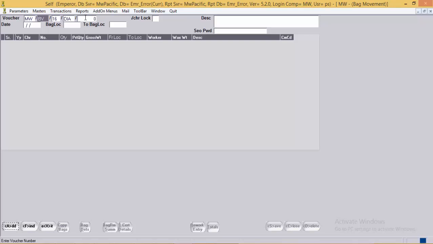Here again the user will generate a voucher as 3 and 16, that is 3 for month March and 16 the date. Add a voucher.